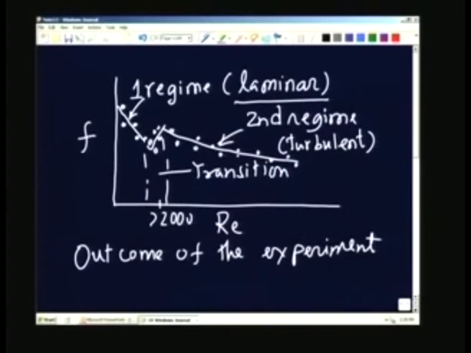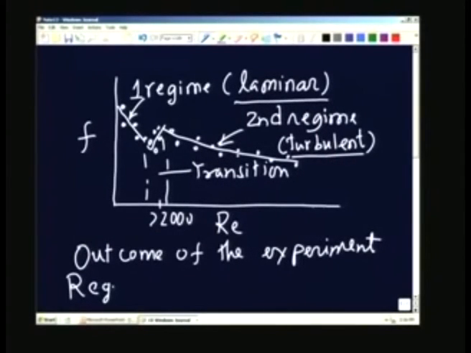Okay? If you look at the friction factor data which is given in any book on fluid mechanics, F equal to some constant divided by Reynolds number in the laminar range, and in the case of turbulent range it will be some constant divided by Reynolds number to the power of some value. So, it is a very simple model we are talking about. So, we will say regression analysis is appropriate for this kind of